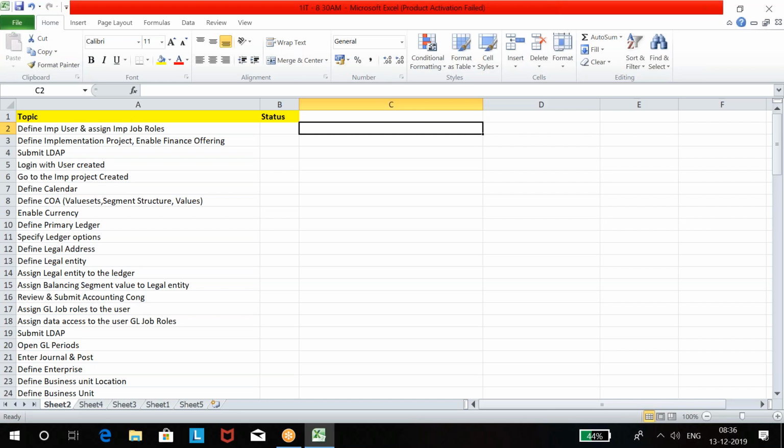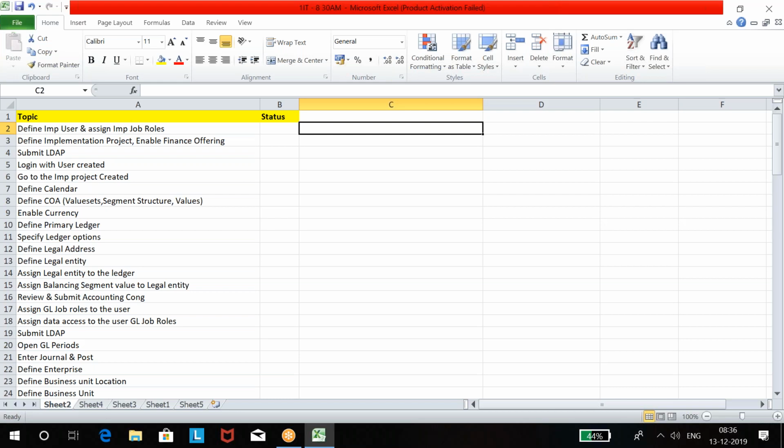See, job roles and all we can assign to the employee user also, right? Yesterday, if you remember, I said to create an employee user, you need a legal entity and business unit. Without these two, you can't create an employee user because they are mandatory. When an employee joins, HR creates the data, and they select which company the employee joins and which business unit the employee is working in. So creating an employee user is nothing but HR data. As an employee, we have to create data, and that becomes the username for applications also. To create an employee user, first we need the legal entity and business unit created.